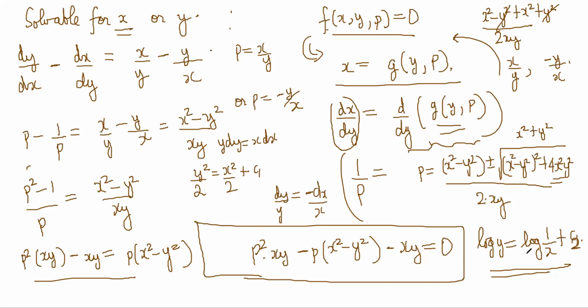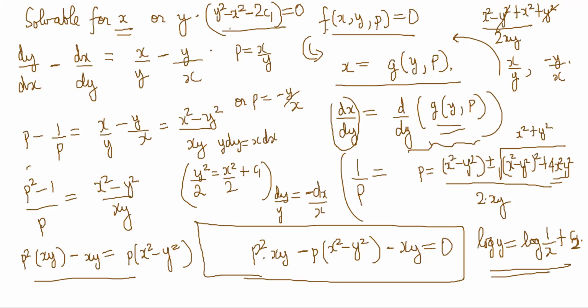I will just multiply these two solutions and write the answer, right? I will write it as y square minus x square minus 2c1 is 0 here, right? And this one I will write as log y minus log 1 by x minus c2 is 0, right? And multiply both and write my answer, correct? So notice here that he has also solved for p, right? Yes. And he got these things only, right?